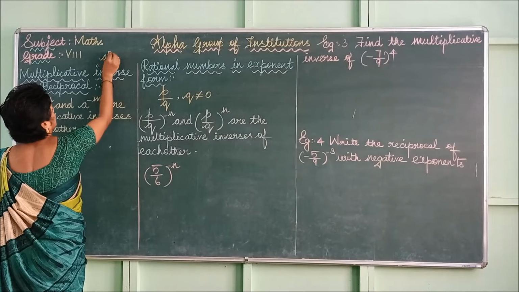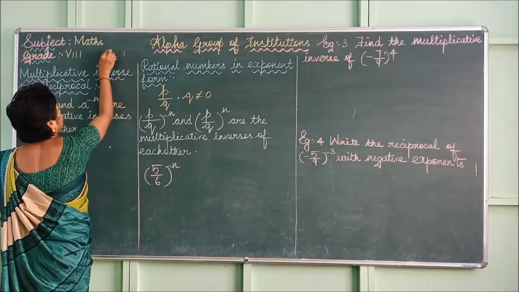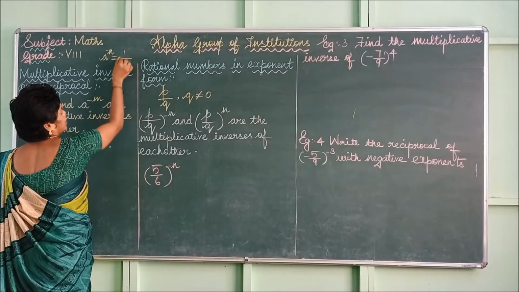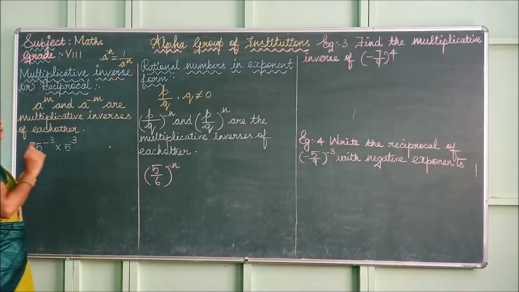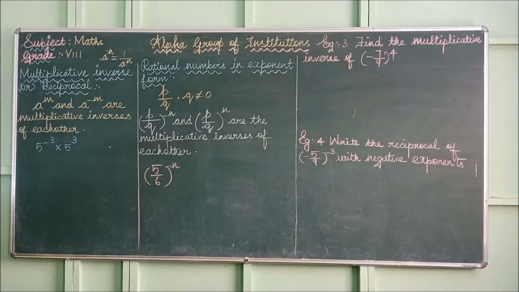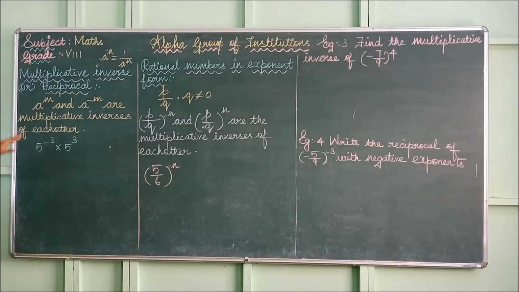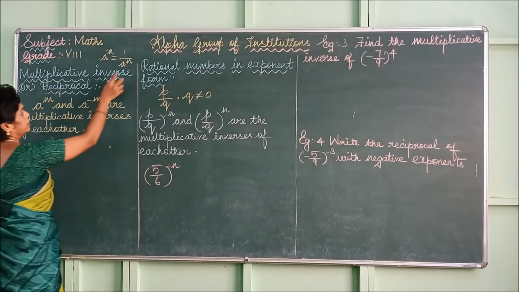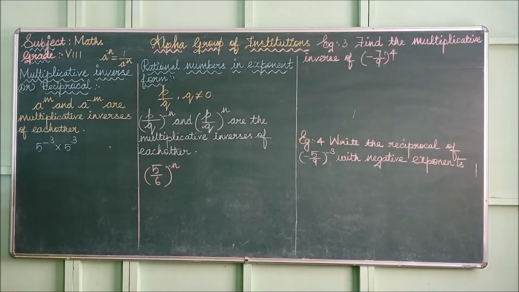a^n or x^n, a^n, which is equal to, so if it is negative, you can change and write as positive using the division. a^(-n) means we can interchange and write that as 1 divided by a^n. So negative changes to positive when it comes as a division. So from this we can say that a^n and a^(-n) are the multiplicative inverse of